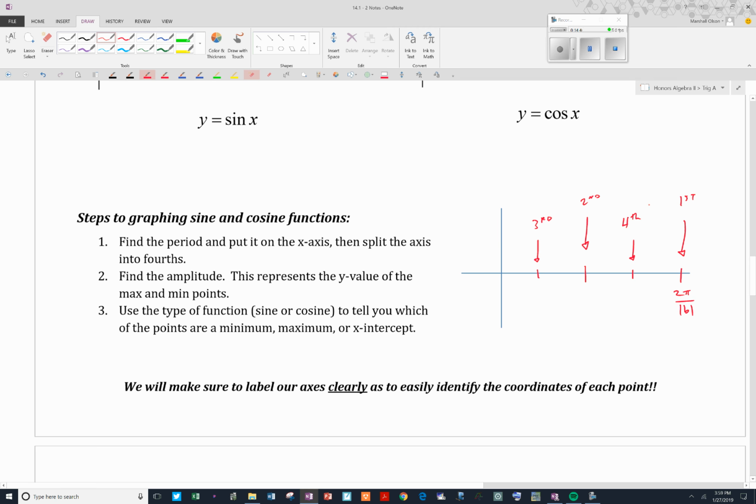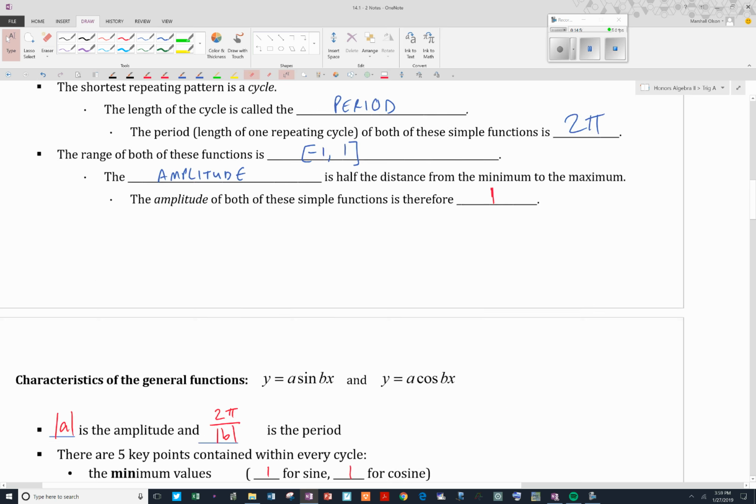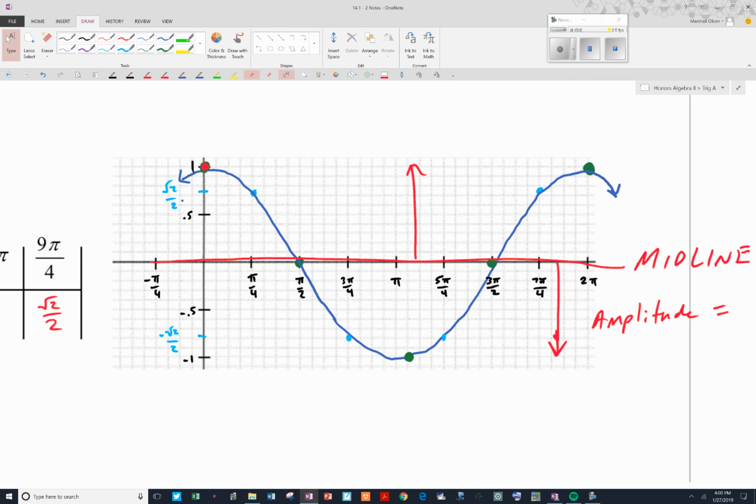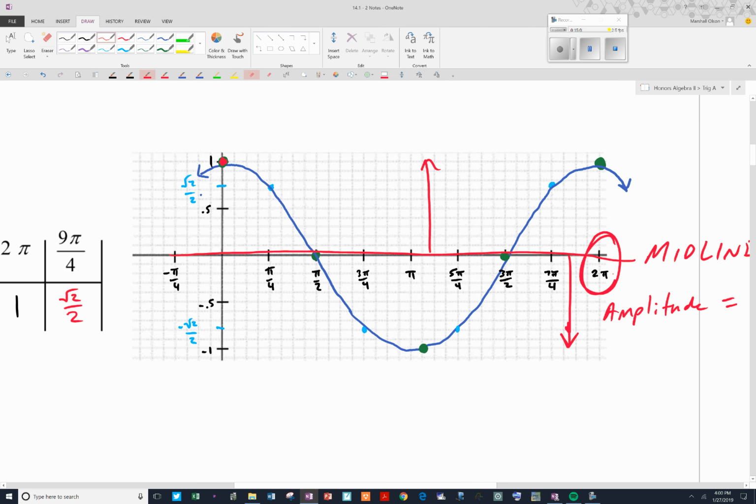Then use that scale that you just put on the x-axis to help figure out how you're going to scale your y-axis. For example, let me just go back up to the problems that we started with here, the parent functions. When I put 2 pi right there, which is about 6.28, 2 times 3.14, and when I put pi right there, which is 3.14, I was thinking about how big that is when I put the 1 right there. To me, it's a little big, obviously, but I wanted us to see this graph, you know, zoom in on it a little bit. So it's not really to scale all that much, but